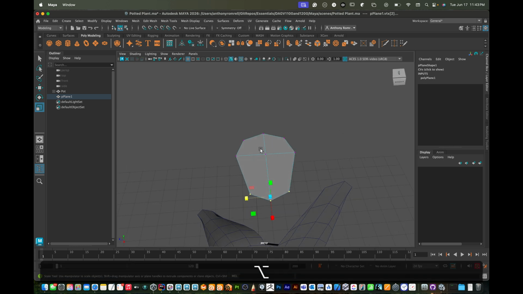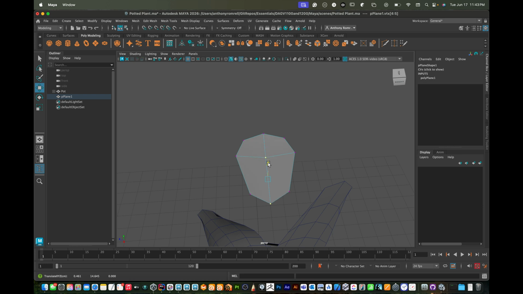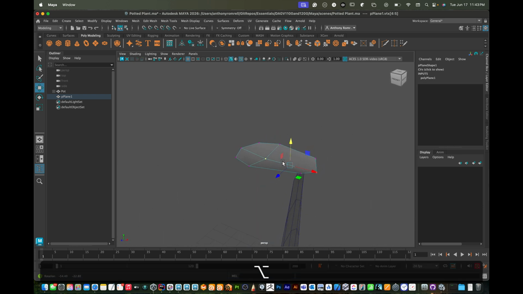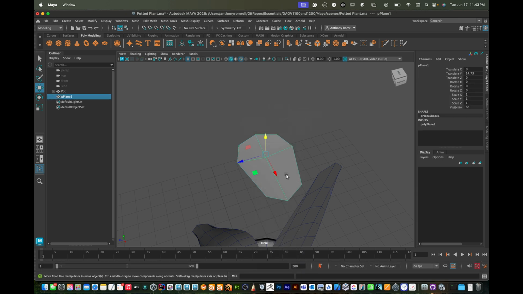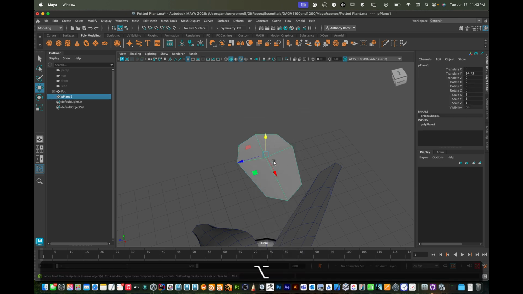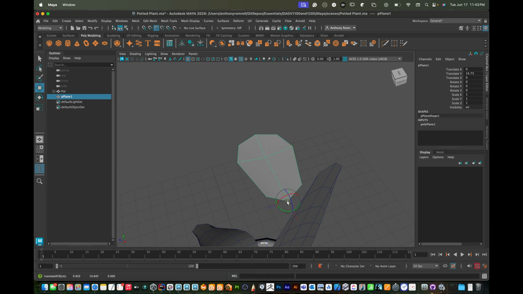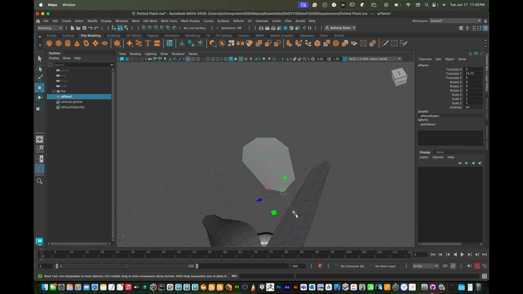Then we'll just grab this middle vertex and this one and just move it just a little bit. You can kind of see how that may look like a petal of some sort. Okay, and then what we're going to do is move this center point. So I'm going to hold the D key and the V key and snap that to the bottom of it. And then I'm going to do something just a little bit different. I'm going to hold just the D key and move this a little bit towards what could be the center